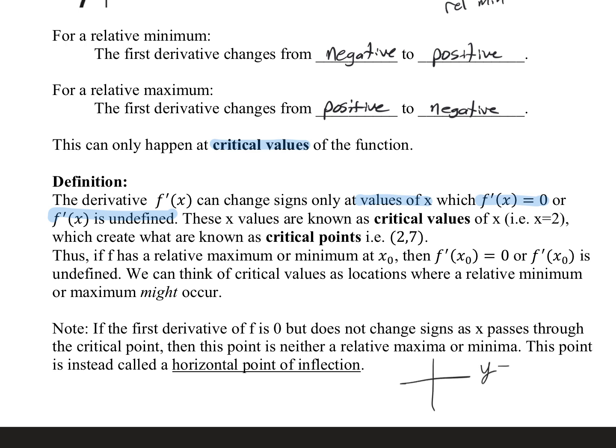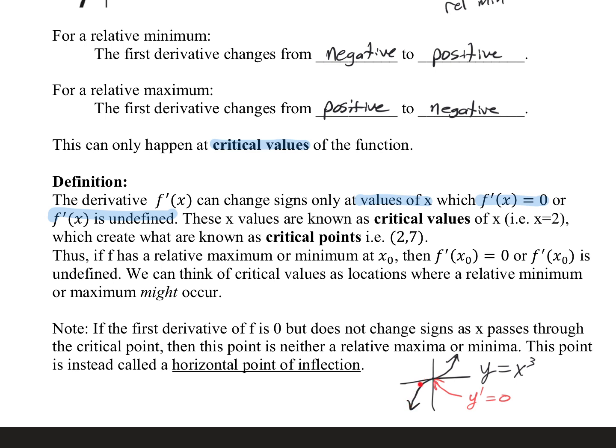A good counterexample of why that wouldn't be the case would just be the graph y is equal to x cubed. So the y equals x cubed graph looks like this. And what happens is it's a function that increases the entire time. It increases, it slows down, but then it picks back up and it starts increasing more rapidly. Now right here at 0, you actually have a horizontal tangent line. So let me put that information in. Right here, what we have is that y prime is equal to 0. So horizontal tangent line, it's a critical value, but we would definitely not call this a minimum or a maximum